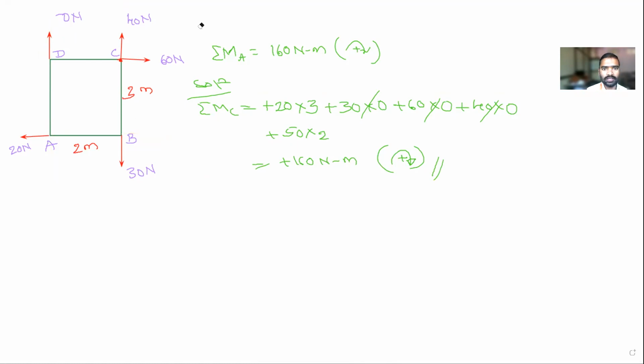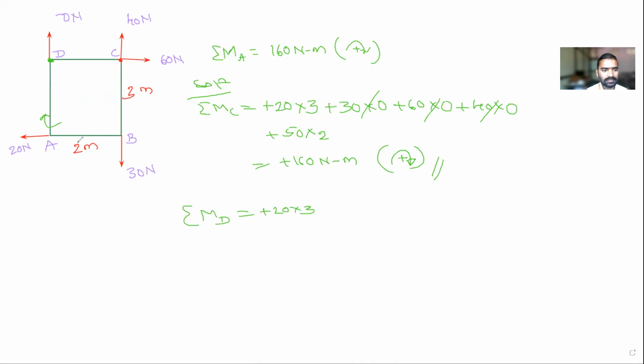When you consider the moment about point D, concentrate, everyone. This is the point, and I need to find out the moment about this point. First, I will consider force A. Fix this point. When A is moving, the body is going to rotate like this. Is it producing clockwise or anti-clockwise? Clockwise. What is the distance between point D and the line of action of force A? 3 meter. So clockwise, it is plus. The force is 20 Newton and the vertical distance is 3 meter.